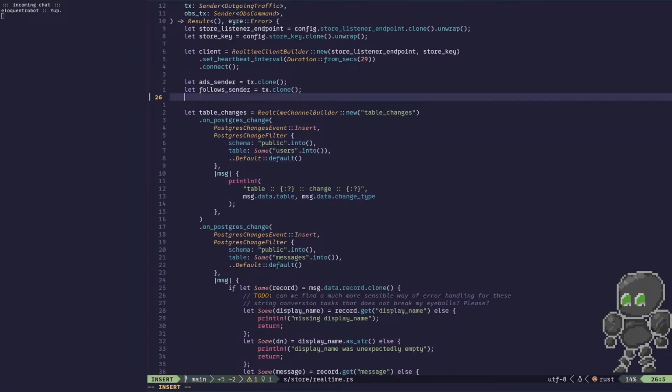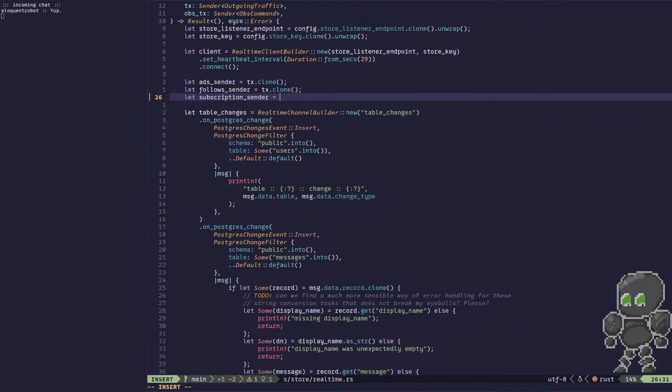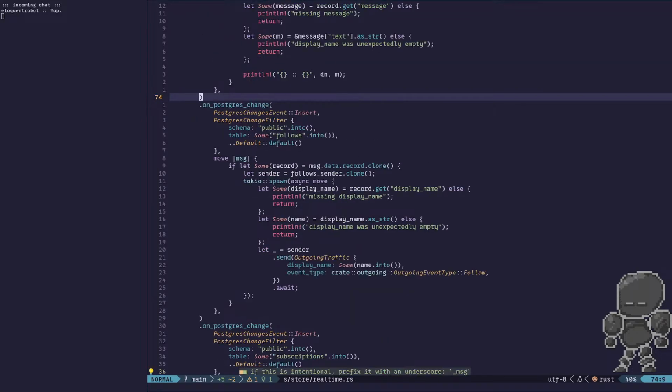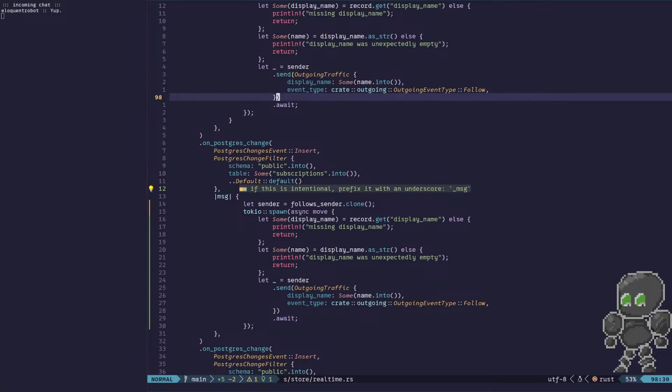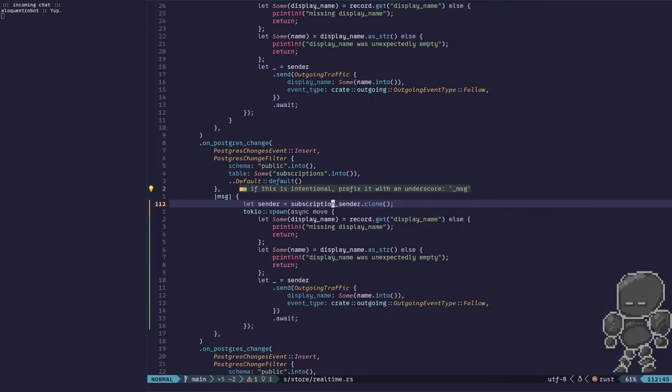Add sender, follow sender, let subscription sender equals tx clone. I'd love to know if there's a less laborious way of doing that. I really feel like I'm missing something there. Okay, so this is going to be subscription. So you effectively end up cloning it twice, and that just doesn't sound right to me. I wonder if I'm supposed to be passing it into the function or into the handler. Anyway,